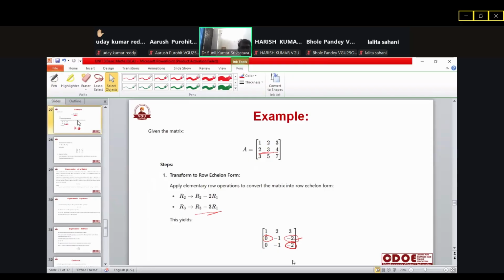बहुत सारे ऐसे एग्जाम्पल्स हैं यहाँ पे, जैसे आपने लिखा एग्जाम्पल में हमने देखा यहाँ पे, हमने बात करी। एक एग्जाम्पल हमारे पास है 1 2 3, 2 3 4, 3 5 7, and we have to find the value of this one. हाउ टू फॉर्म, तो we have to transform in row equivalent form. रो इक्विवेलेंट फॉर्म में जाना है। तो रो इक्विवेलेंट फॉर्म में क्या होना चाहिए भाई